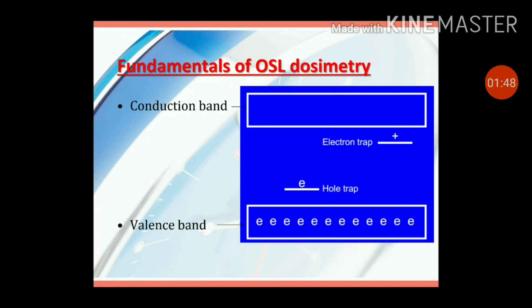So how can the record be read? When you stimulate the trapped charges back to the conduction band, that results in an electron hole pair recombination and gives the luminescence. So the signal intensity of the stimulated luminescence is directly related to the trapped charge concentration and the absorbed dose. Apart from the conduction band and valence band, there is also a hole trap that acts as a recombination center. This is a recombination center.